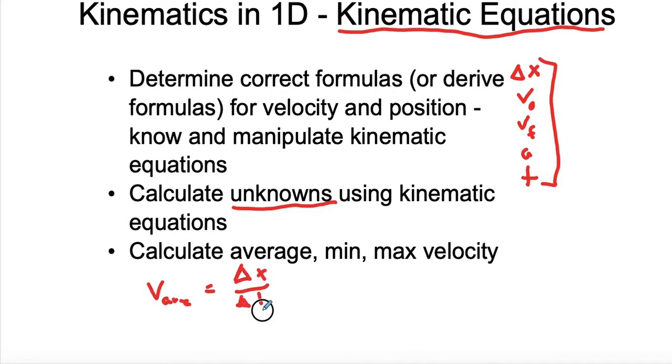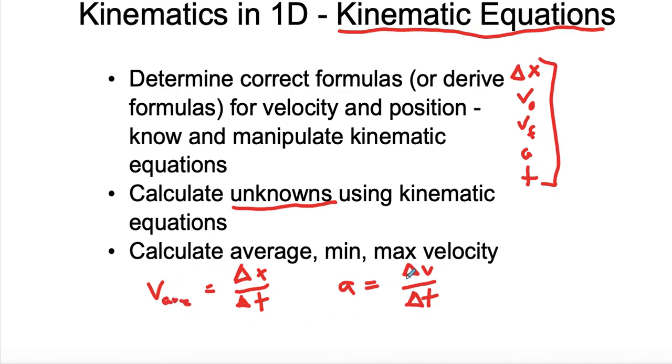Okay, and it doesn't really matter how it got there, but it's how much it changed over time. Average acceleration is your change in velocity over change in time. So that's the average. Even if the acceleration changes, or if the velocity changes, you can use those formulas